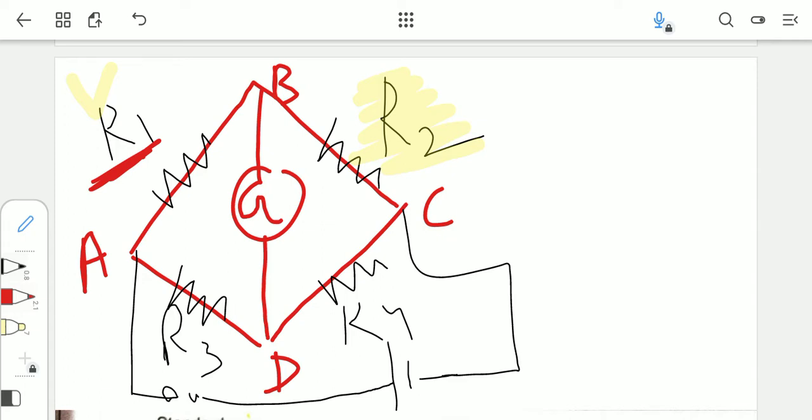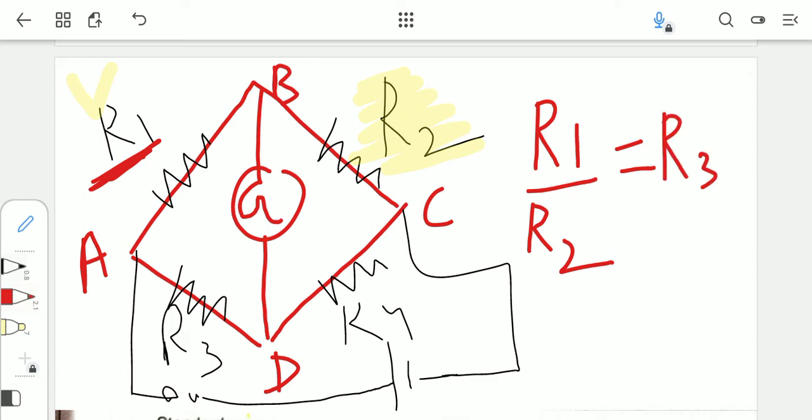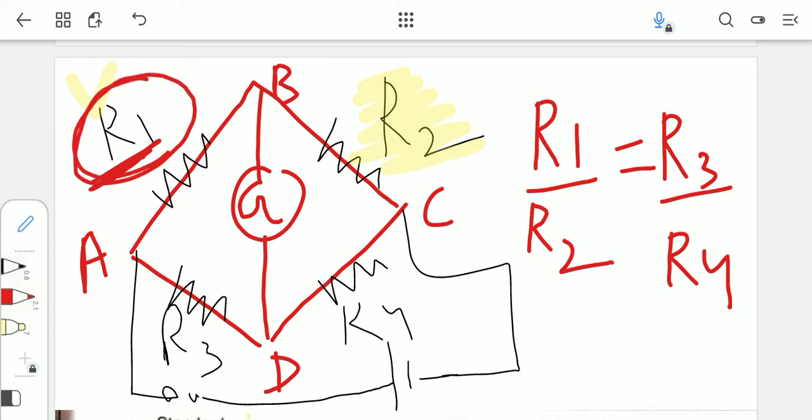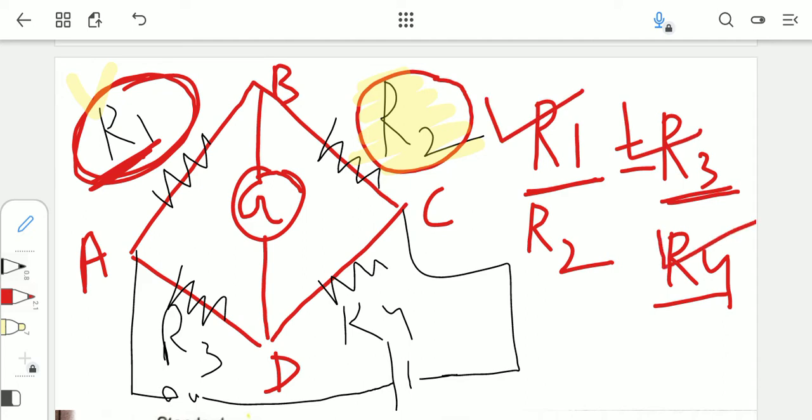No current position means that there is no deflection in the galvanometer, and when this happens we say that it is a null point. At null point, there is an equation which says that R1 upon R2 is equal to R3 upon R4. This is at null point, when the value of R1 is adjusted in such a way that there is no deflection in the galvanometer. And at null point R1 upon R2 is equal to R3 upon R4, and by knowing the values of R1, R3 and R4, we can finally calculate the value of our unknown resistance R2.